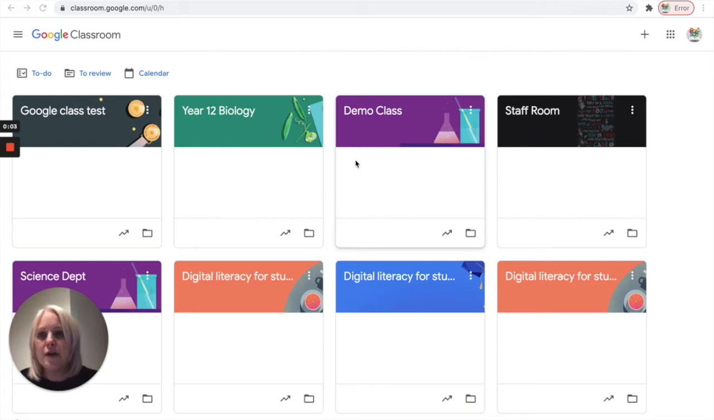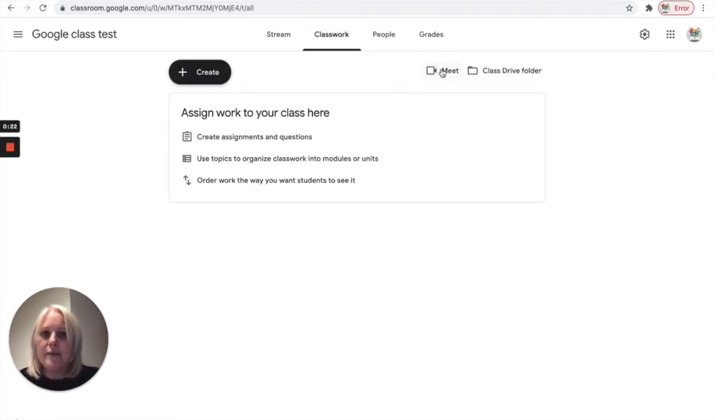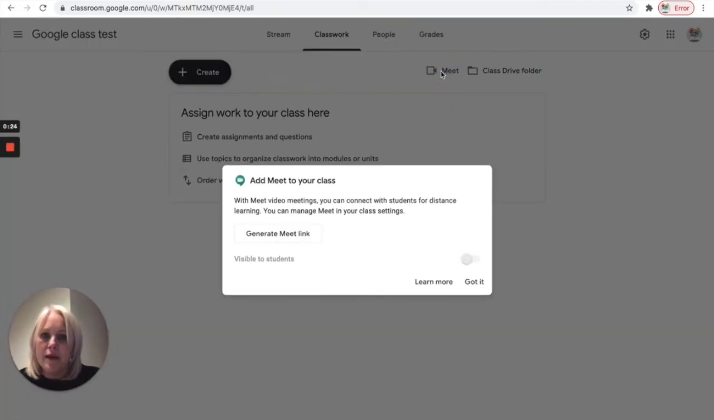Hi, so what we're going to do is look at how to set up Google Meet through Google Classroom. So go to your class. Now there's a couple of ways you can generate your Meet link. I'm going to go into classwork here and click on the Meet tab, this little Meet